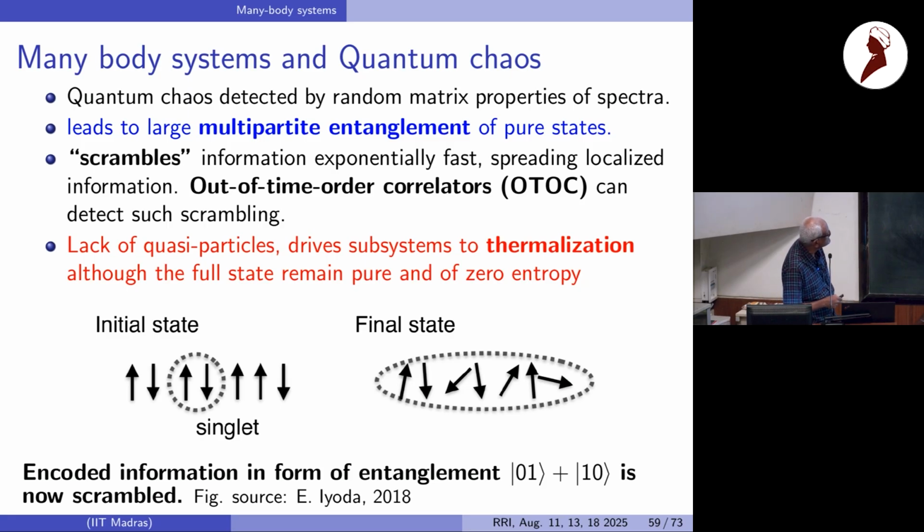It scrambles information exponentially fast. That means that if you localize entanglement, let's say between 2 qubits like this, in its final state the entanglement will be distributed in a much more multipartite manner. It will not remain localized anywhere. It will scramble this information in a multipartite sense. So things like OTOCs are being studied these days to detect such scrambling. And they are coming from a lack of quasi-particles which drive subsystems to thermalization. Okay,